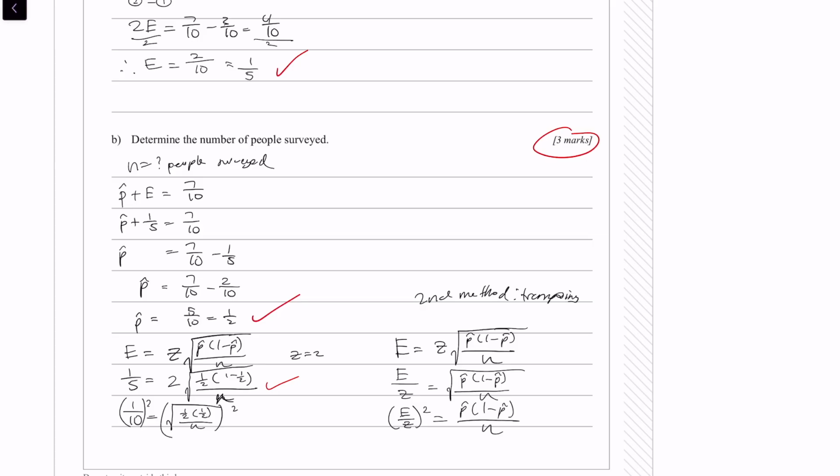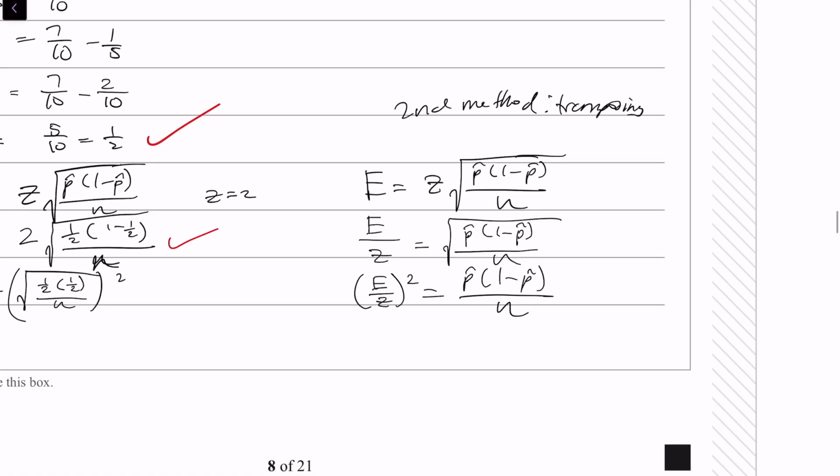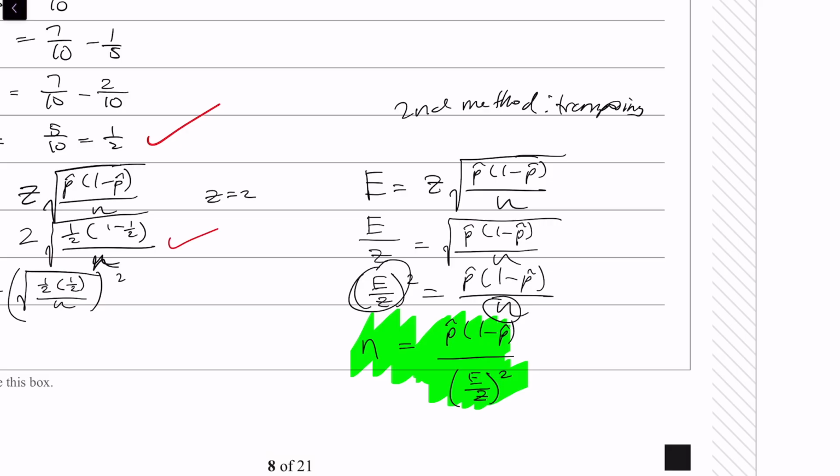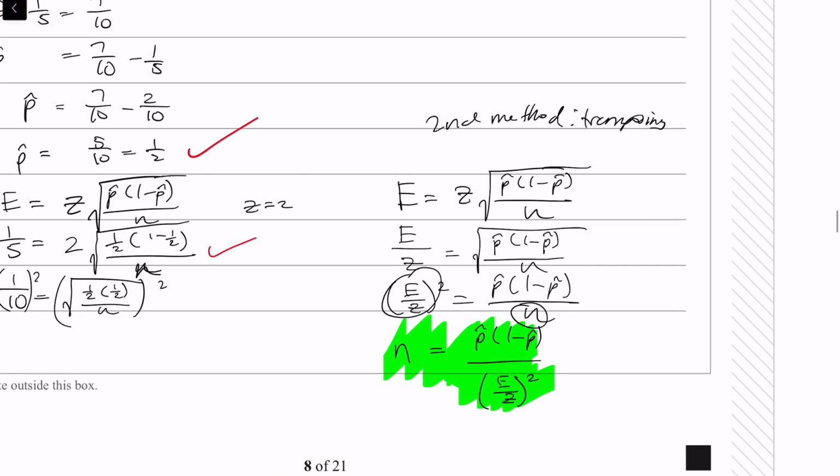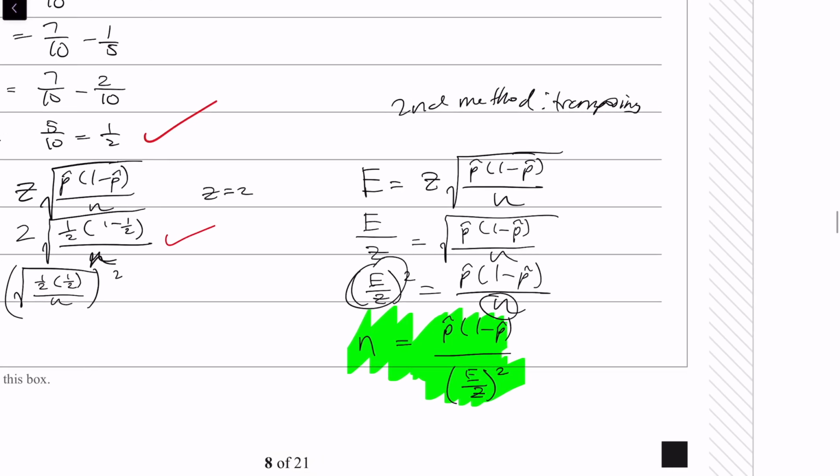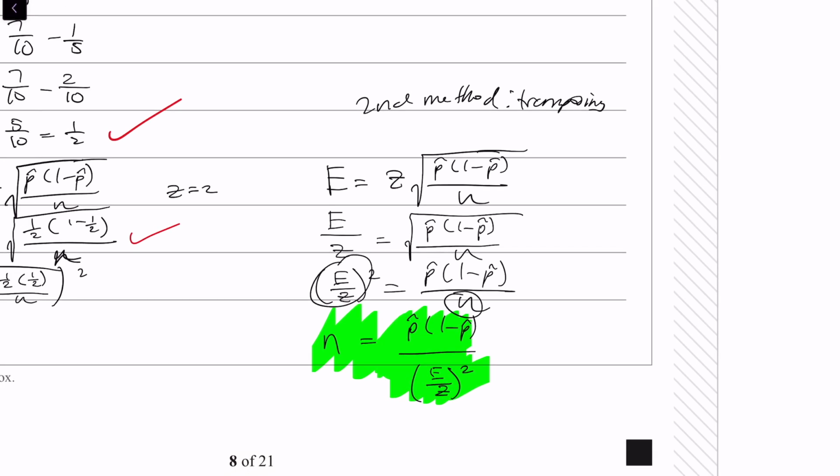Okay, and then I can just swap these 2 components up now. So I don't know which formula you prefer to use, but this is the formula you can plug into. After transposing, you really need to show that working out though, in order to get the marks. But really, that's the formula to use if you want to find the number of people that have been